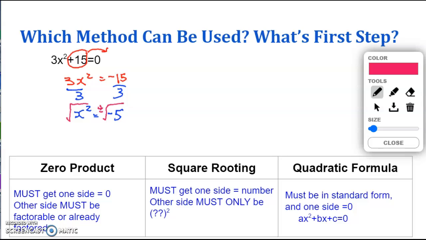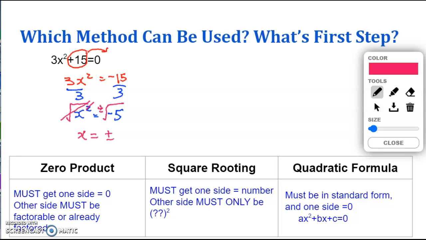Don't tell me the answers are both positive and negative at the end. You are missing a point when you do that, okay? So make sure when you're taking a square root of both sides, you put plus and minus sign on the side with the constant, or at least one of the sides. Okay, so then the variable, the square and square rooting cancels out, and you're left with x is equal to